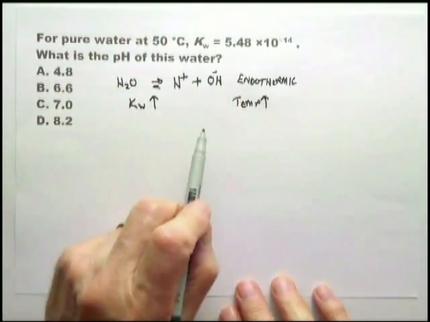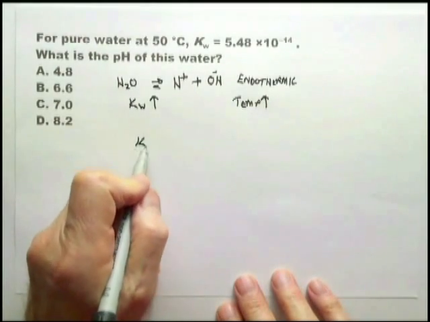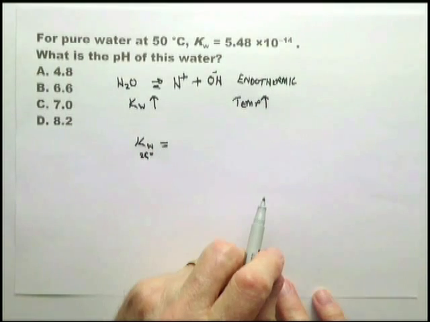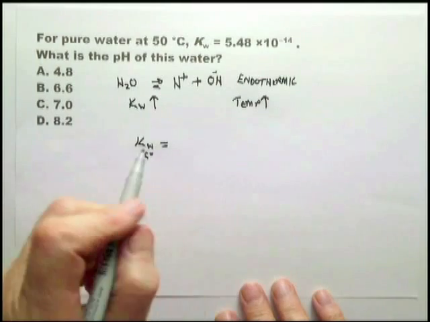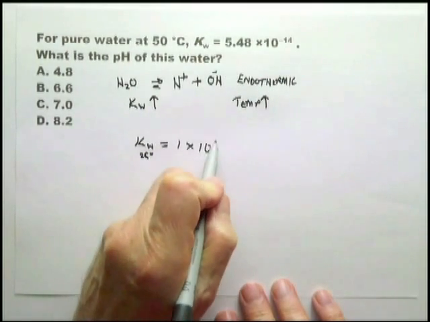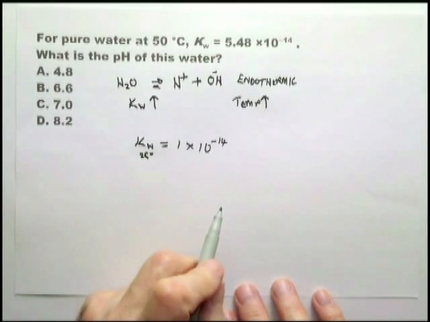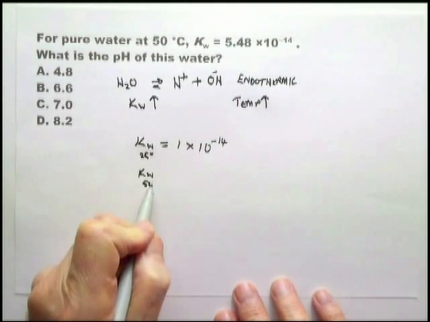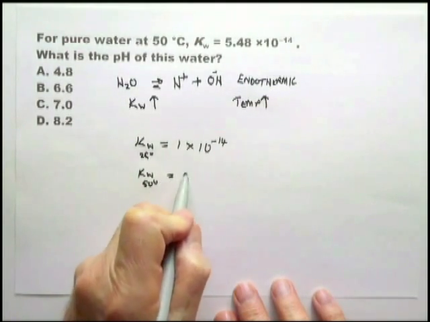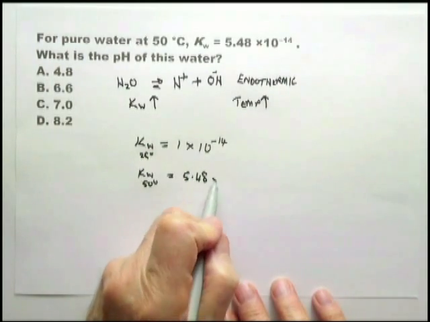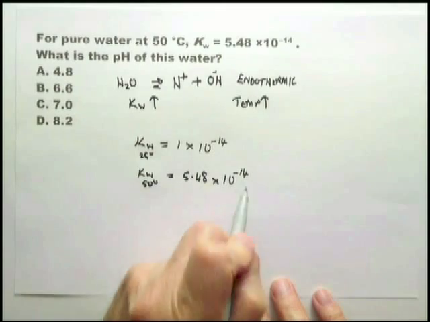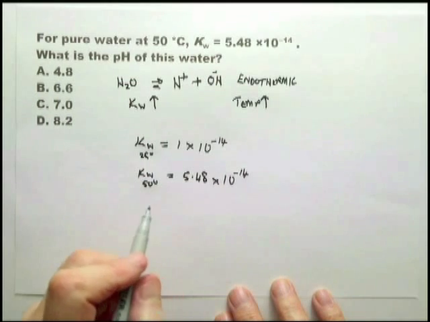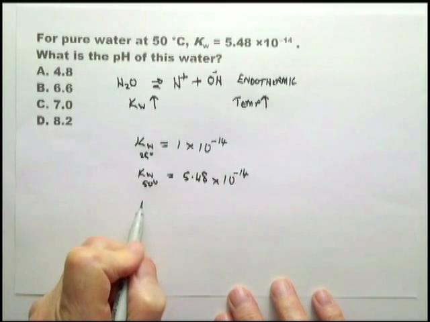At normal temperature, room temperature 25 degrees centigrade, Kw for water is approximately 1 times 10 to the minus 14, whereas at 50 it equals 5.48 times 10 to the minus 14. And amazingly enough, it goes up, at 100,